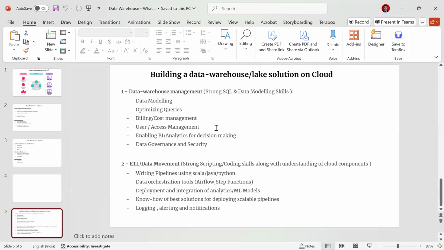And finally, you also need to know how to log, alert and send notifications if any pipeline fails. So all these are part of any data warehouse nowadays. So as a cloud database, Snowflake also has all these features which can be managed. So when I talk about Snowflake,